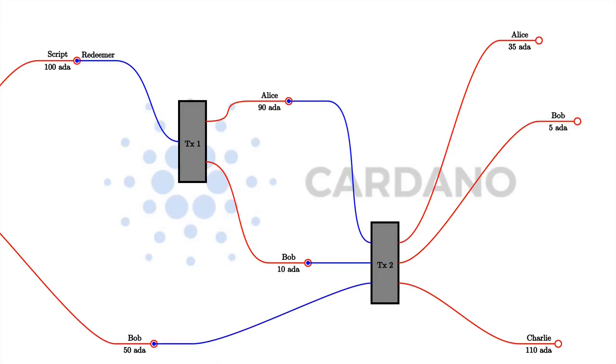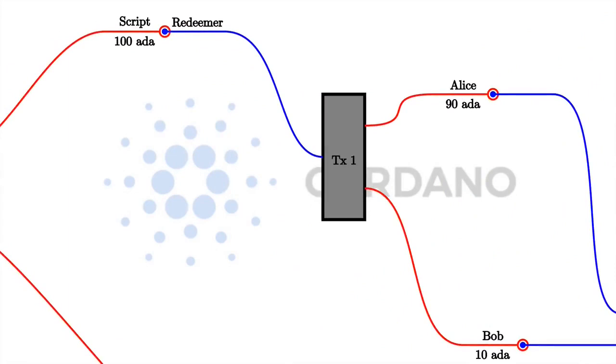So the script can't see the whole blockchain, can't see the state of the whole blockchain, but it can see the whole transaction that is being validated. So in contrast to Bitcoin, it can't just see this one input, the redeemer of this one input, but it can see that and all the other inputs of the transaction and also all the outputs of the transaction and the transaction itself. And the Plutus script can use that information to decide whether it's okay to consume this output. Now in this example, there's only one input, but if this transaction had more than one input, then the script would be able to see those as well.